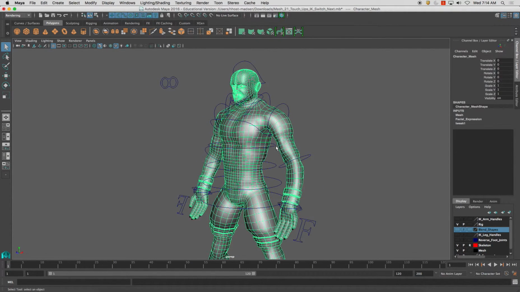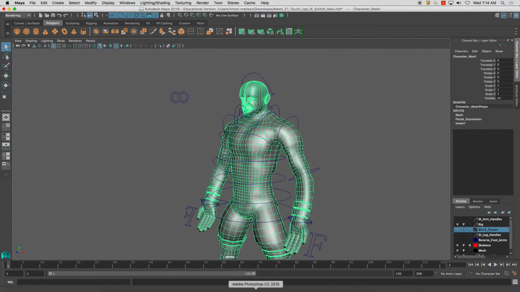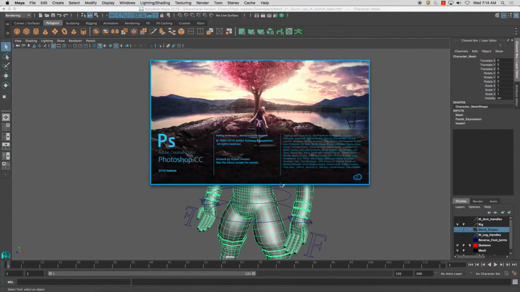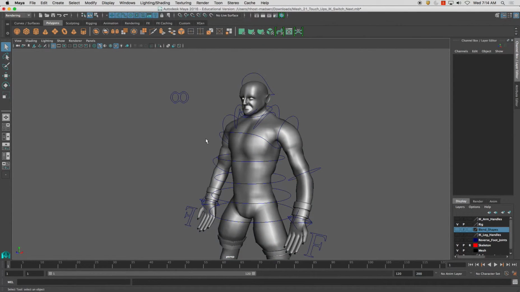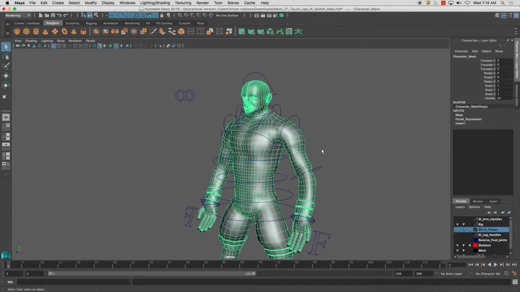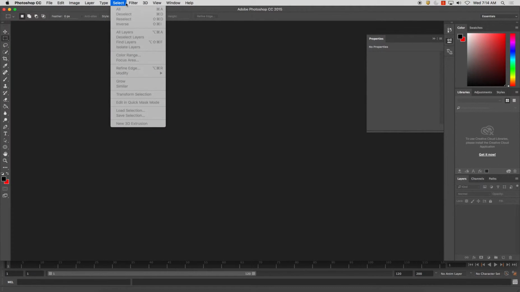and do a little demo on how to texture this directly in Photoshop. So I'm going to open up Photoshop. But a couple things while that's opening, I want to make sure,